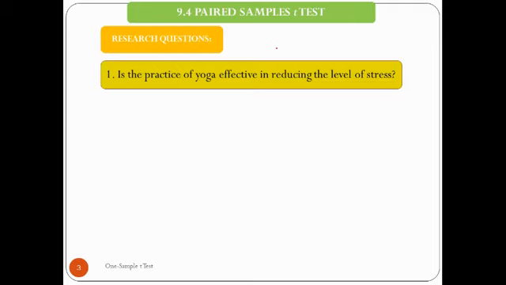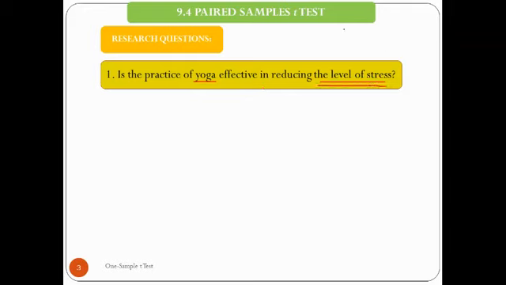There is only one sample in your study, but you are going to collect the data from the same sample first time and second time, and you ask them about the level of stress before yoga lesson, and you go back to them again. You approach the same subjects or the same participants again after yoga lesson, and you collect the same kind of